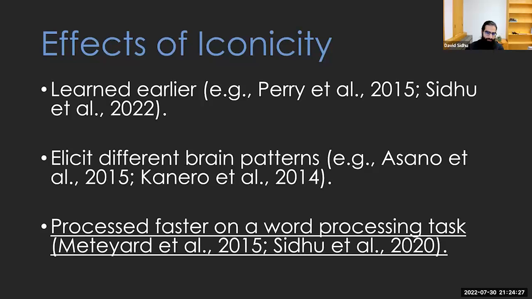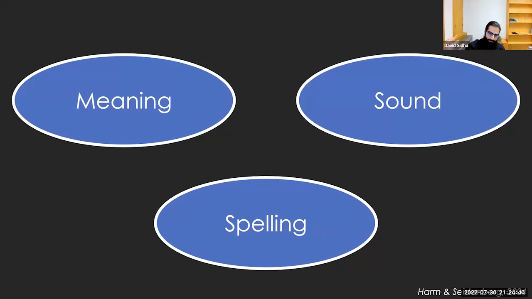Part of our motivation for doing this memory experiment was to try and get some insight into why this might be. So I just want to show you how we're conceptualizing how iconic words get this benefit, how they're processed faster. This is a simplified model of how a word is processed. First, its spelling is processed, and this allows a person to retrieve its meaning. But there's also this more indirect route where you process the spelling of a word, which you use to retrieve its sound, which you then use to retrieve its meaning.